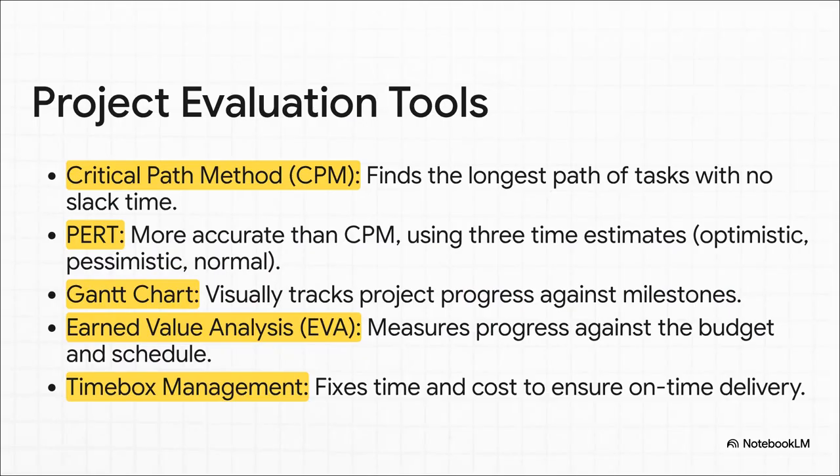All right, so these are the tools you'll see project managers using to keep things from going off the rails. You've got things like CPM, PERT, Gantt charts. Now look, you don't need to be a project management guru yourself, but you absolutely have to know what these tools are telling you. When you see a Gantt chart, you should be thinking, are they on schedule? When you hear about earned value, you should ask, are we bleeding money? This is how you get the real story and figure out if this project is actually under control.